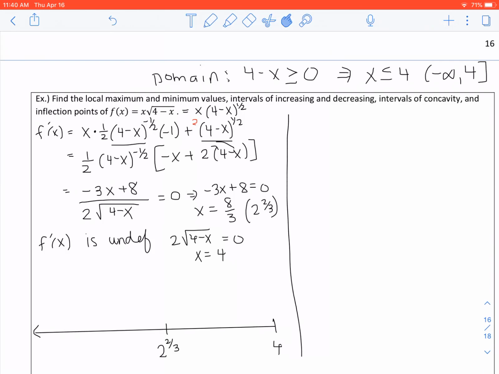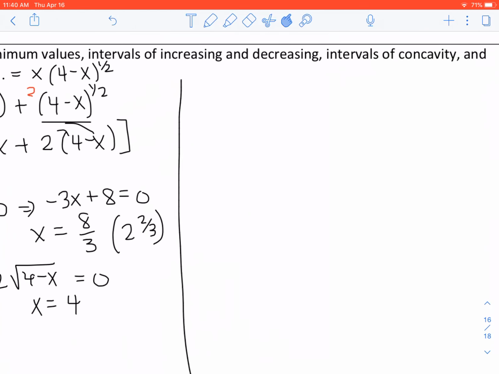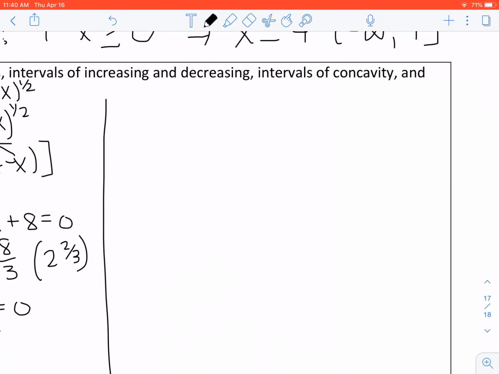I'm going to use that and take my derivative of that. So my second derivative, f double prime of x, is going to be the bottom, the denominator, which was 2 times the square root of 4 minus x, times the derivative of the numerator, and the derivative of negative 3x plus 8 is just negative 3, minus the numerator, which was negative 3x plus 8. I'm sorry, change that from a plus to a minus,